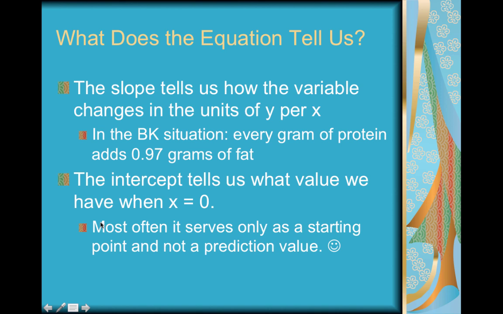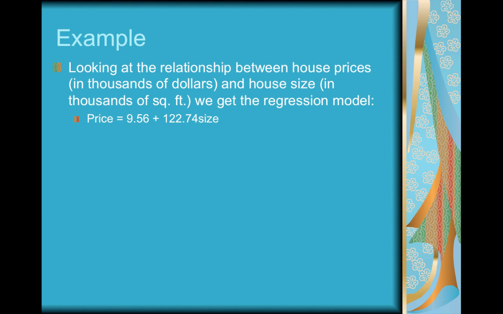What does the intercept tell us then? I've already said that the y-intercept kind of is useless in most cases, and that holds true. Most often it serves as a starting point, not an actual prediction value. Sometimes it is useful, but most of the time it's really there just to make sure that the equation fits our data. Looking at another example, we look at the relationship between house prices and house size,